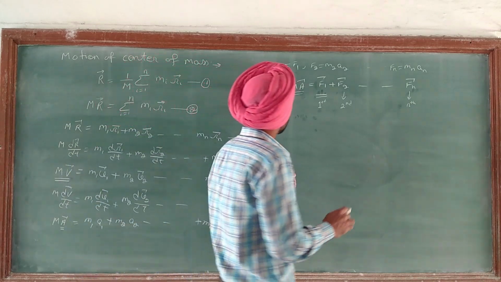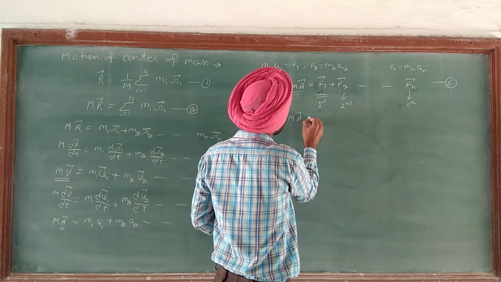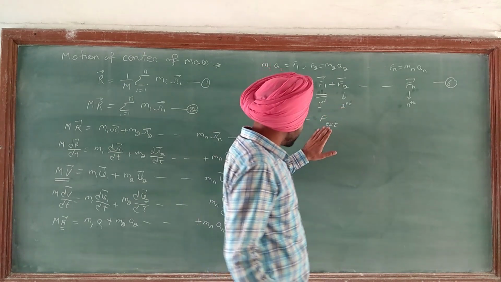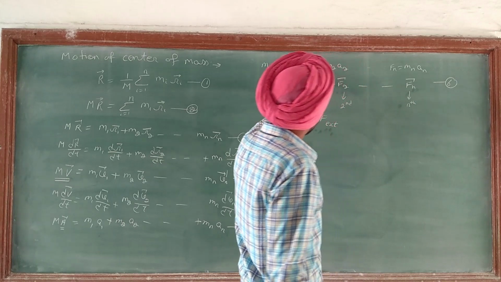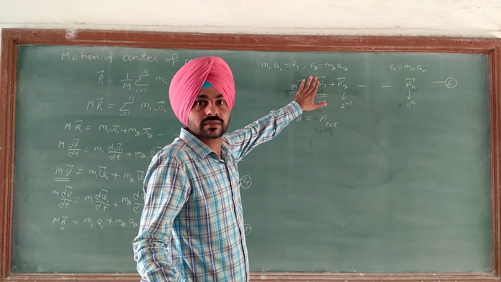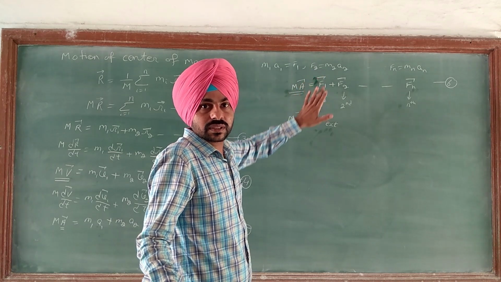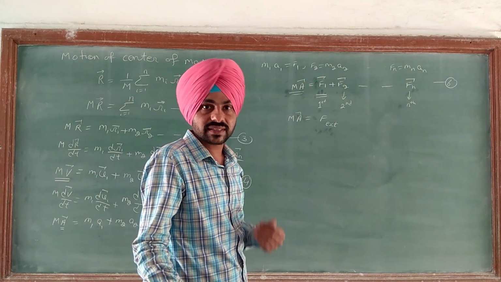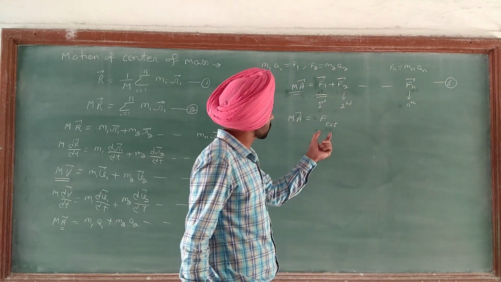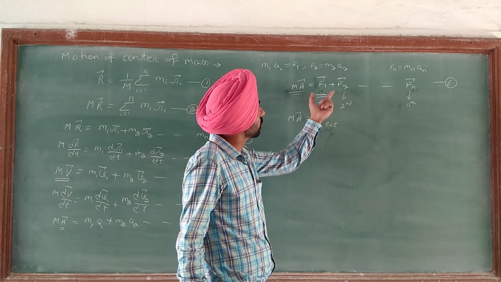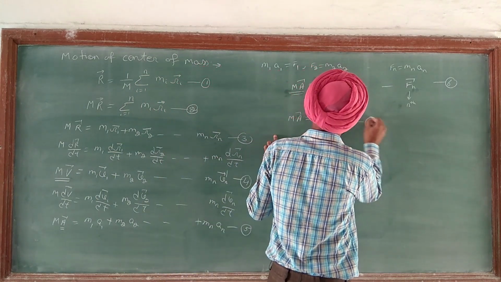So it is better to rewrite this equation as MA is equal to F external. Why F external? Because F1, F2 and Fn include both internal and external forces, but according to Newton's law, these internal forces occur in equal and opposite pairs, so they cancel each other. That means from F1, F2 and so on Fn, we have only the external forces, so I write F external as the sum of all the external forces applied on all the particles. This means this equation 7,